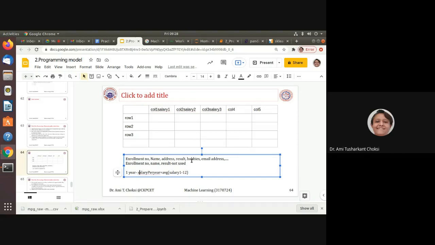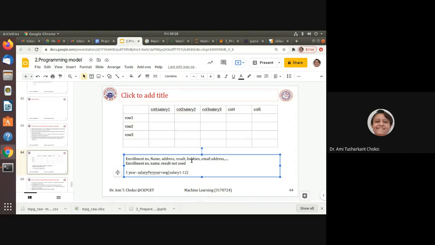So we have created one dimension, which is the average of these 12 dimensions. 12 features means salary 1, salary 2, salary 3 up to salary 12, and now we have reduced that to only 1.